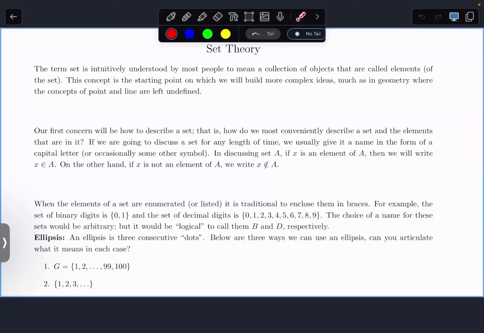All right. So, set theory. Sets. We have an intuitive understanding of sets, right? A set of Pokemon cards means what? I'm too old for Pokemon cards, but anyways, you have a set of Pokemon cards means what? You have a collection of Pokemon cards, right? And so intuitively we understand what a set is,